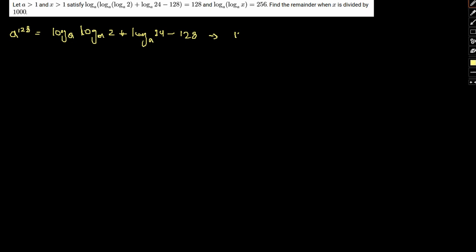We can further write it as 128 plus a 24. Okay, we can further write this as a to the power 128